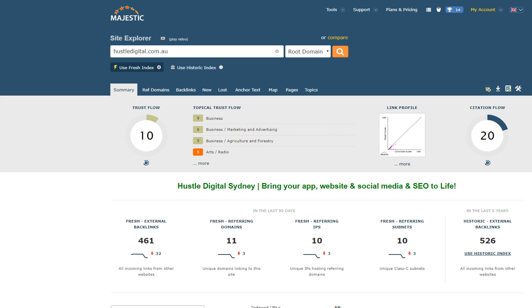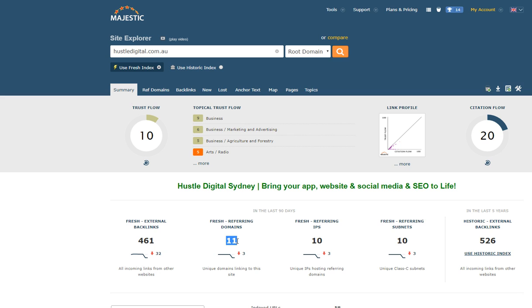But if we go to your website, we can see that you have a trust flow, this is mainly your authority, of 10, and that comes from 11 referring domains. You can see here your citation flow is 20. These two numbers should really be very close to each other. If they're not near each other, it means there's something wrong. I can tell that without even going into it. And so if you looked through these 11 domains, you can tell that there's 461 links coming from those 11 domains, and I bet it's not